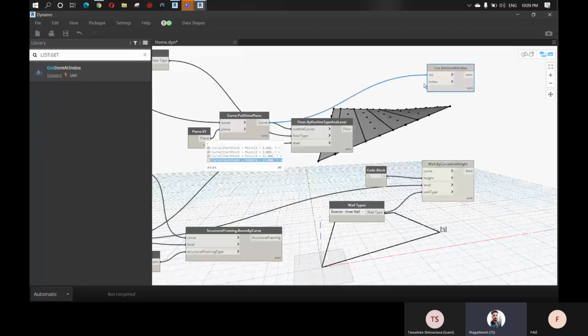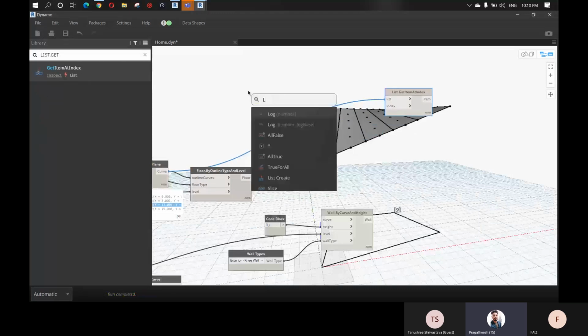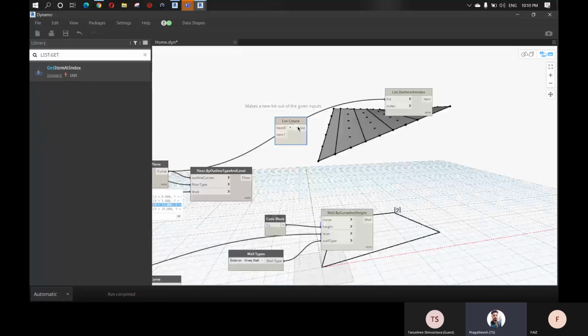This is my list and I want to take the items at index 0, which is this one. Index 1 is that, and index 2 is from the right. So index 0 and index 2. We can create a list of items here, a list of 2.